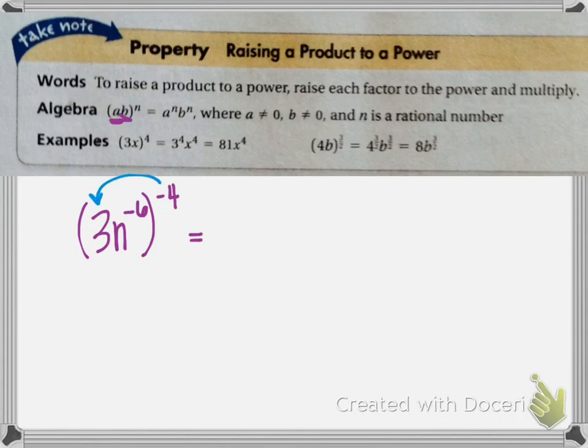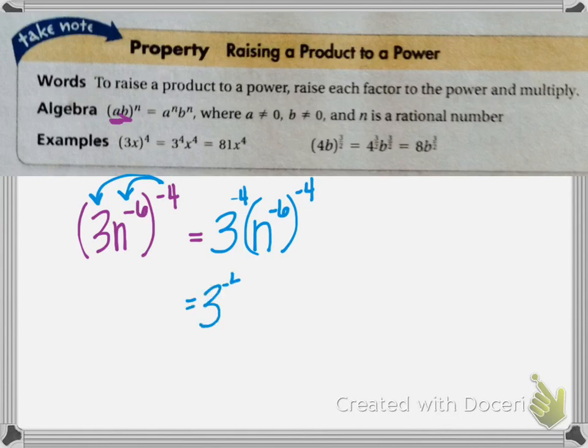You distribute the negative 4 to both in the parentheses, and you get 3 to the negative 4, n to the negative 6 to the negative 4. You have to remember all your rules here. So 3 to the negative 4, we're just going to leave that for right now. I know we can't have a negative exponent, but let's just leave it until the end. And then n to the negative 6 to the negative 4, that's power of a power, so you multiply and you get positive